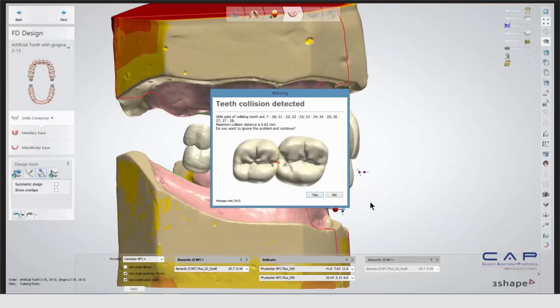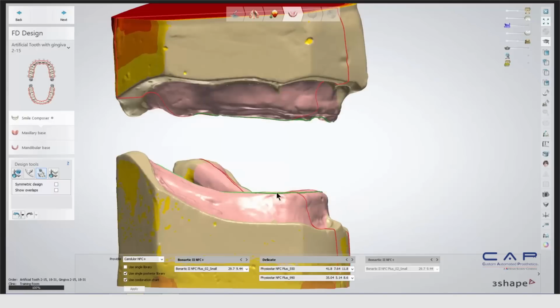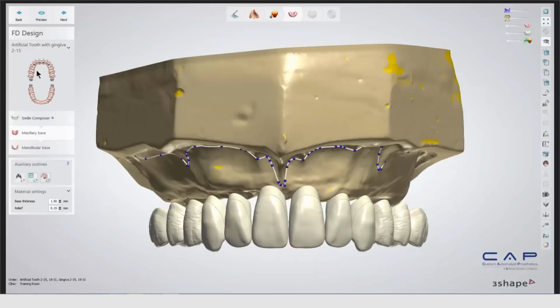Right now it's just going to take a look at the instances and let us know if there's any teeth collisions, and it's going to tell us what teeth are colliding. So here you can see all the teeth that we didn't fix or spend time to give space. Now you can go ahead and ignore the problem and continue, which is what we're going to do, which means that you would just go ahead and adjust the teeth in the context of the teeth, but really I would suggest at this point you would want to fix these collisions. Yeah. It's easier to fix the collisions here than it's going to be to grind in the context of all the teeth. Most definitely, and unfortunately we're kind of strapped for time, so we're not going to spend all that time doing that. But the basic workflow is just set up your teeth and then you move on to your